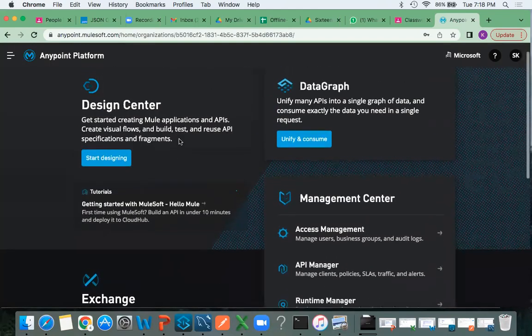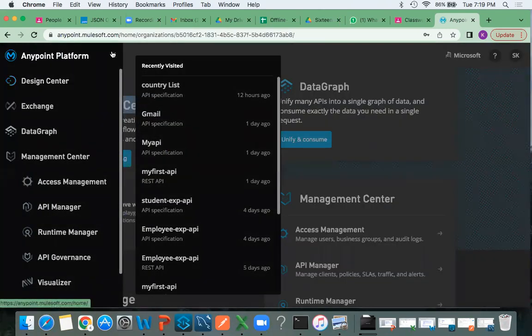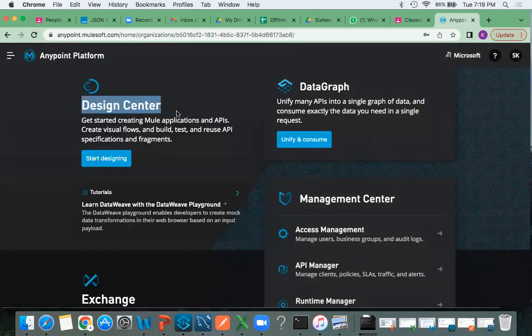See, you have this many options. The first option is Design Center. If you go here also, Design Center is there. By using this Design Center, we are going to create APIs. We are going to develop APIs. We are going to construct our APIs. So for that purpose, if you want to create any kind of APIs, we are going to use this